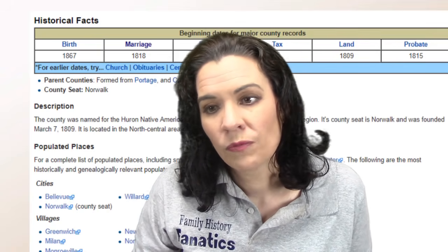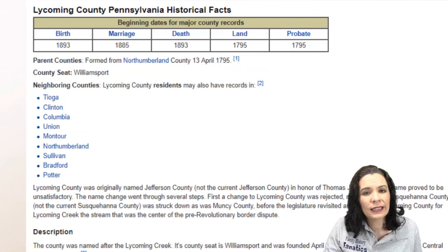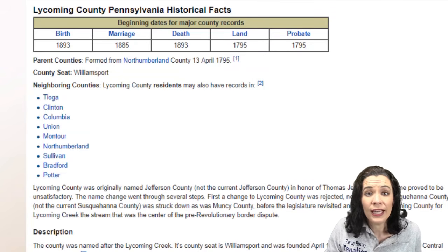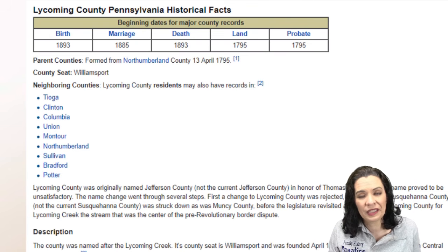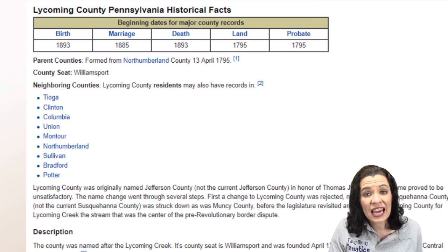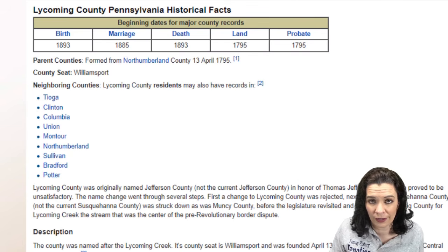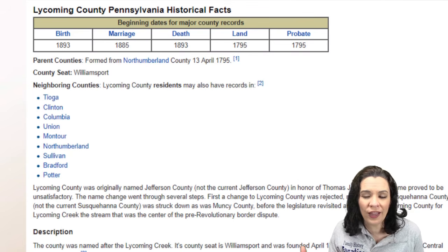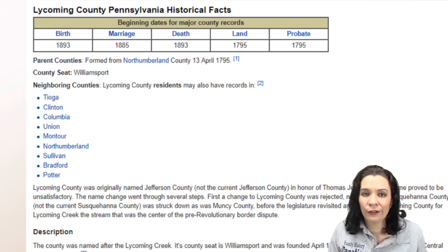Yeah, we can. This happens as well for other locations. This is Lycoming County, Pennsylvania, and if you're from Pennsylvania and I'm saying that wrong, please forgive me, but you can see that they started keeping records long after Huron County started keeping their records. So just because Pennsylvania was in the United States longer than Ohio was doesn't mean that their records are kept longer at the civil county level compared to other locations around the country.